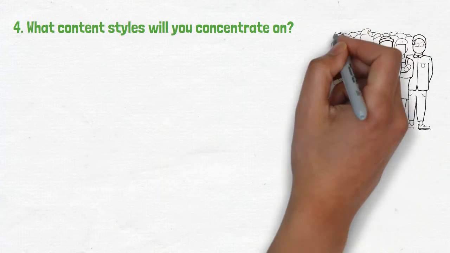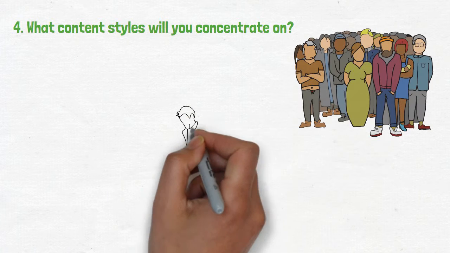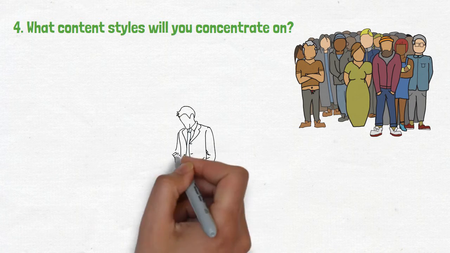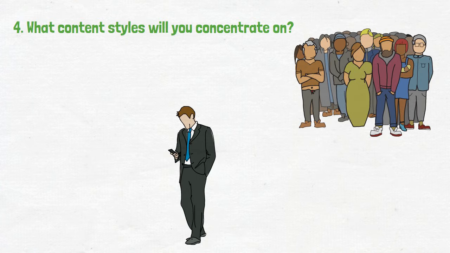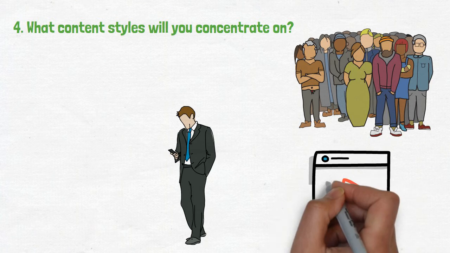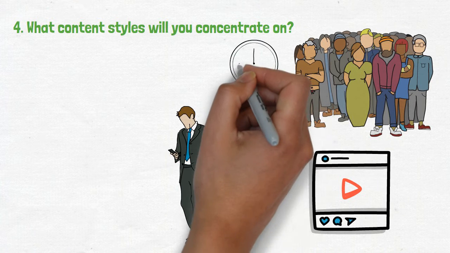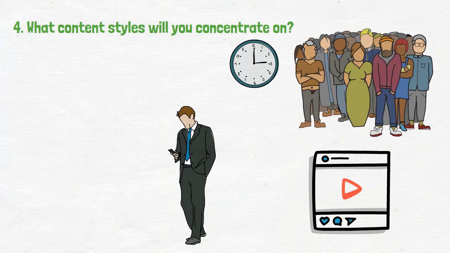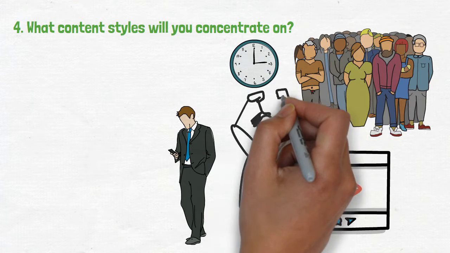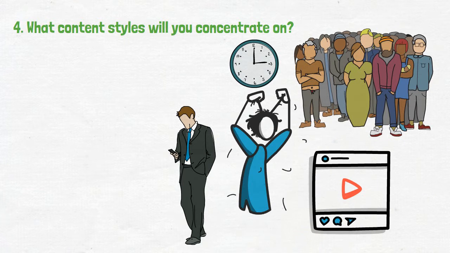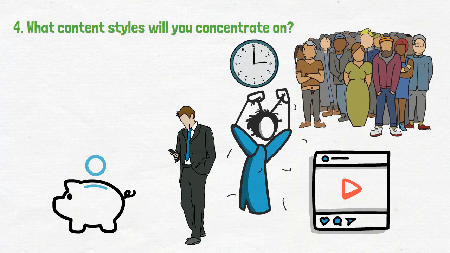Number 4, what content styles will you concentrate on? To determine what styles to concentrate on, you need to satisfy your target market on the platform where they spend the most time. Although you might be motivated to start a podcast since it's flourished a lot in the last several years, or start a YouTube channel, first figure out where your audience spends most of their time. Or else you may just kill time producing material that either will likely not connect with your target audience or catch their attention. Once you determine the most effective styles, begin developing a budget plan to evaluate what useful resources you can assign to carry out this method.